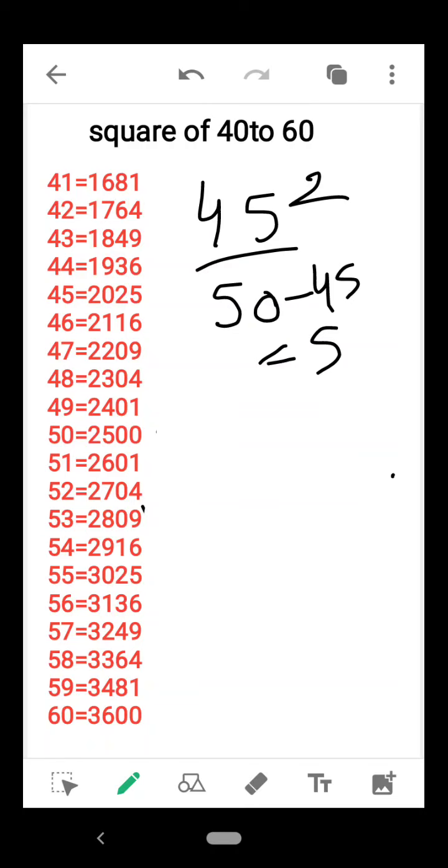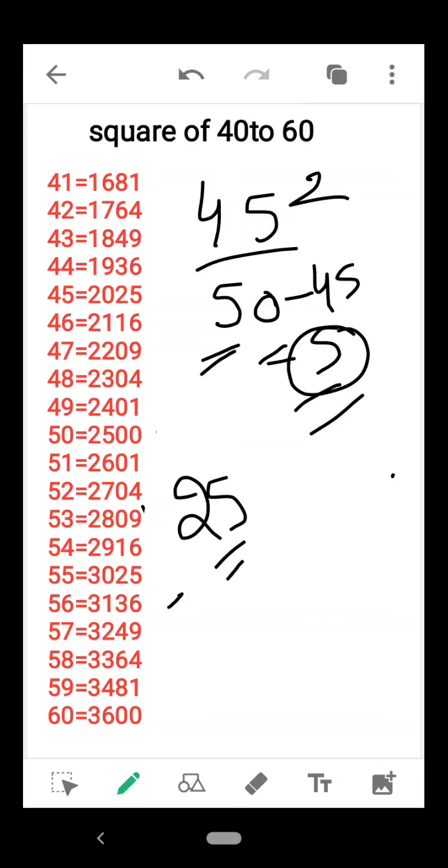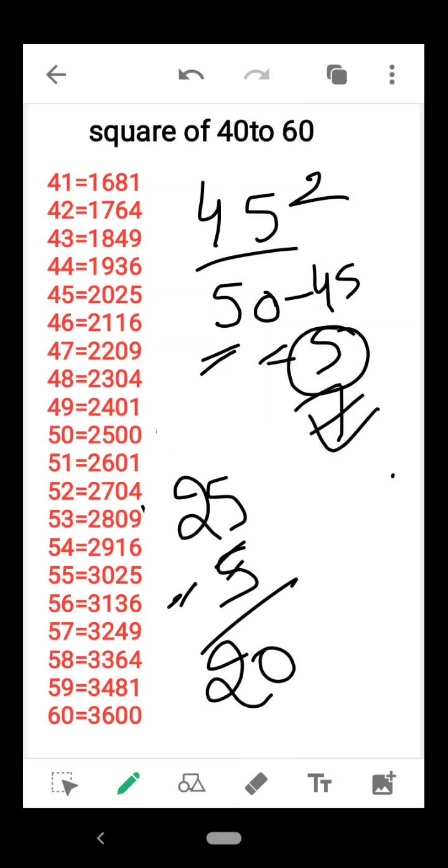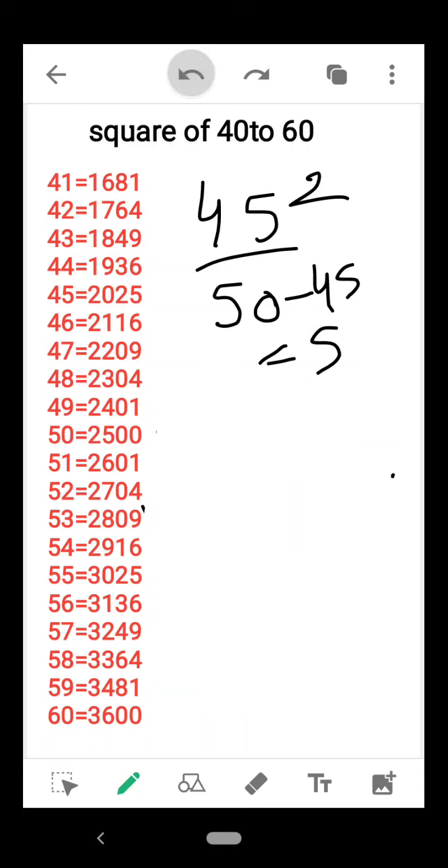तो हमने यहाँ पे क्या करना है? आपका आंसर आया 5. तो 5 का स्क्वायर क्या होता है? 5 का स्क्वायर होता है 25. ठीक है. आपने सबसे पहले क्या लिखना है? 25 में से ये जो 5 आया था ये 5 माइनस कर देना है. तो आंसर कितना आया? 20. उसके बाद 5 का स्क्वायर 25 होता है. तो आंसर कितना आया? 2025.